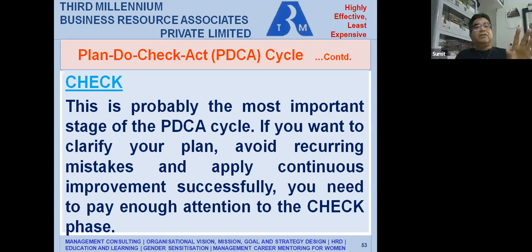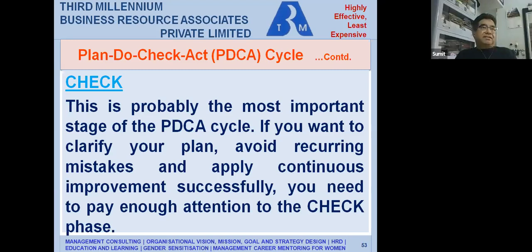So my standard comment to them was, each time I met them in a group or together, individually also, I would say one mistake of one kind is acceptable. But if you commit the same mistake of the same kind, then you are not worth an engineer or an MBA or a CA. A professional should learn from his previous mistake and never repeat it. Then only you will grow in your profession. So you have to learn your lessons. That is what is said here.